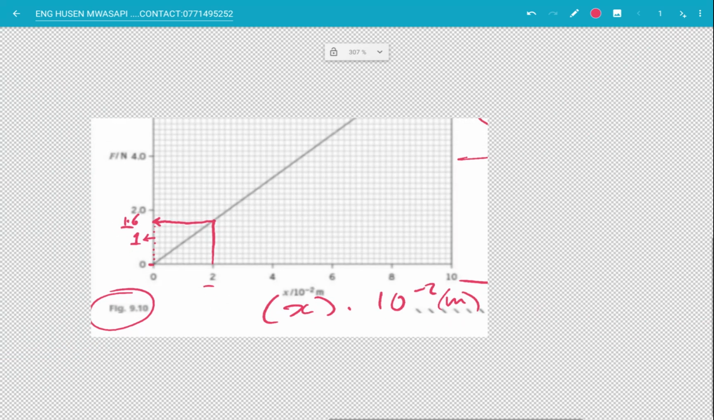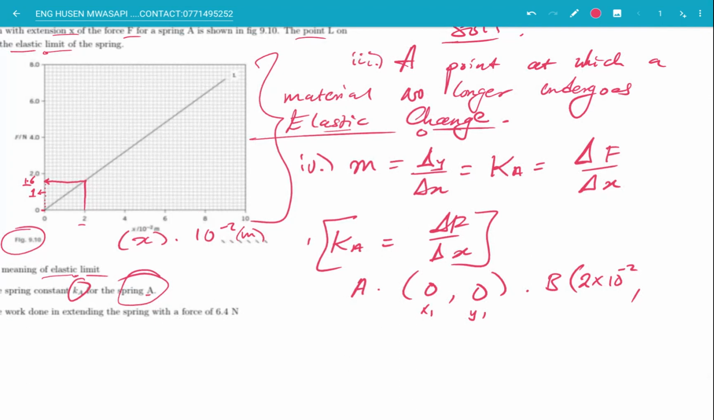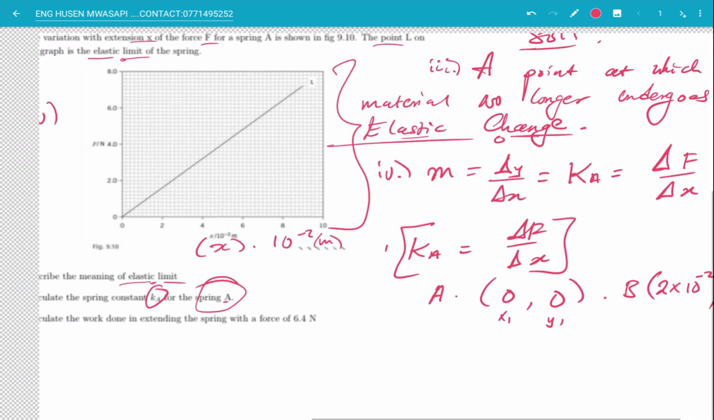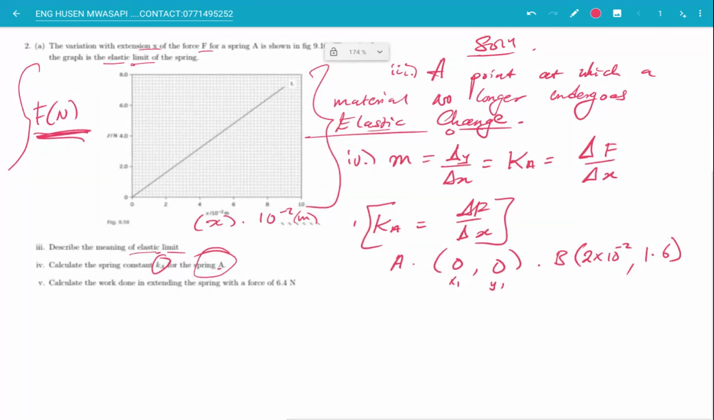So we take it back to what we're doing, which is finding the gradient. The y value is 1.6. There's no need for us to multiply by anything. They're just saying that the force is in newtons. They're not saying that the force value is being multiplied by a certain value to be converted to a basic unit, or that this is a unit we want. Alright, so we can now say